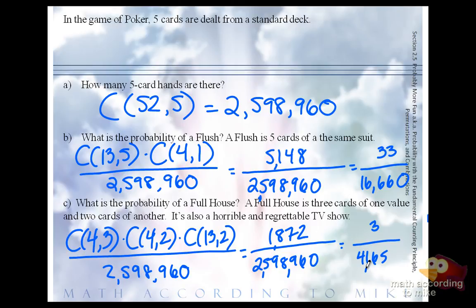Now we only focused on full house and flush. You have other things. You have straights. You have pairs, 3 of a kind, 4 of a kind. Those are horrible. So we're not even going to talk about them. If you're morbidly curious, feel free to just search probabilities of poker hands on Google and then wear sunglasses because you will cry.